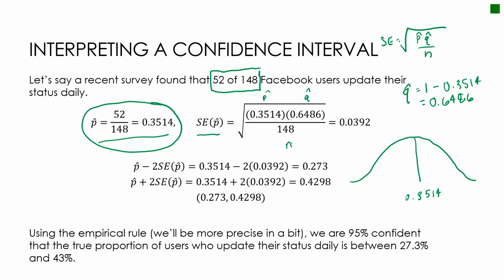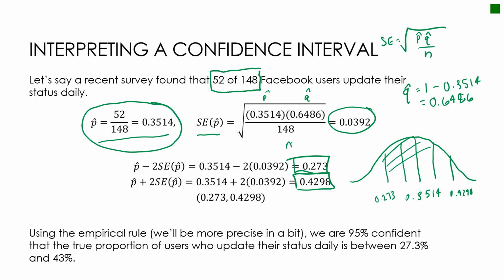And essentially what I've done then is said, okay, if this is my standard error, I'm just going to count over two of them to the right. So I'm adding two standard errors to 0.3514 to get 0.4298. And I'm subtracting two of them to go to the left, 0.273, and essentially what I'm saying is I have found